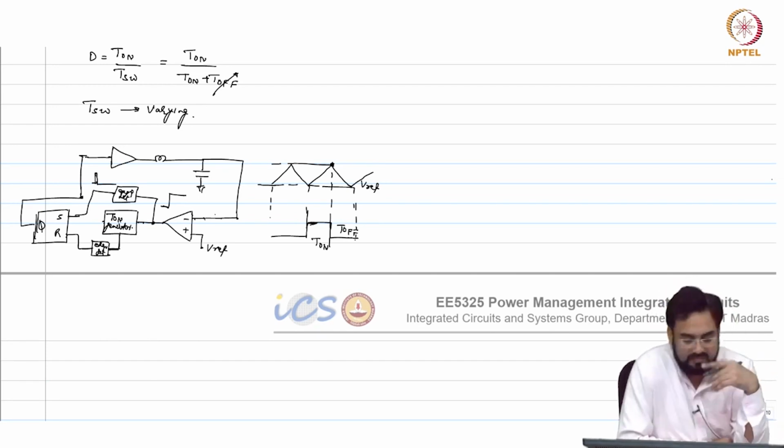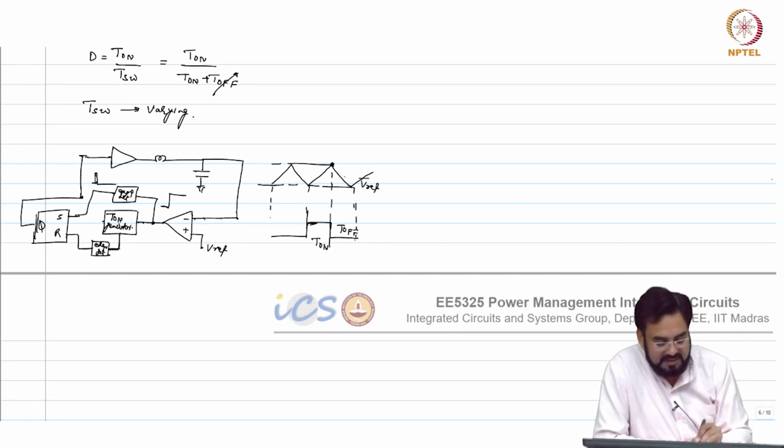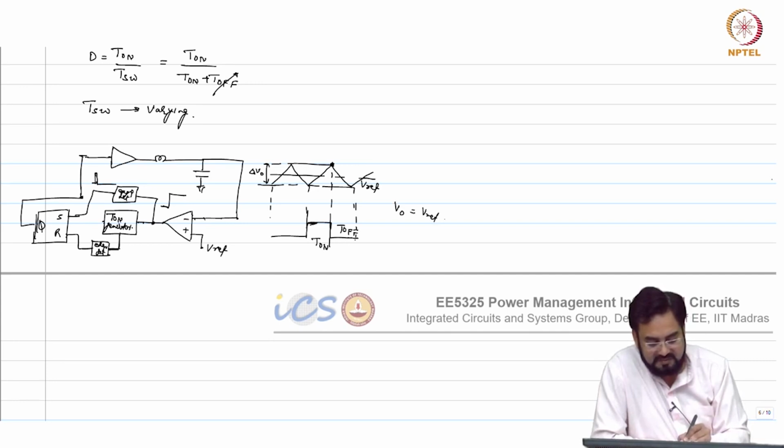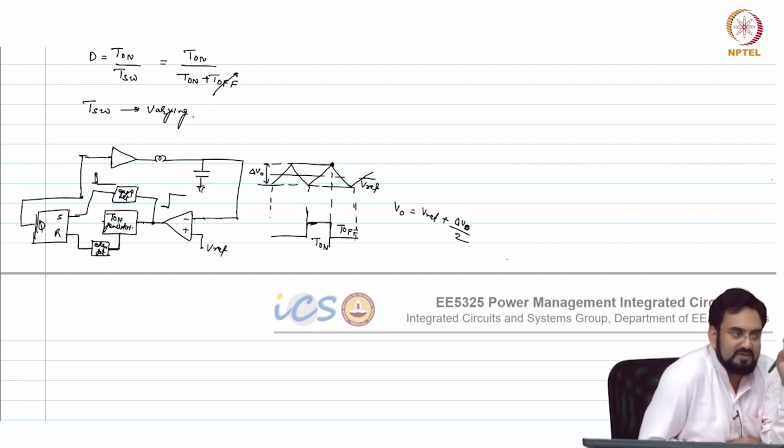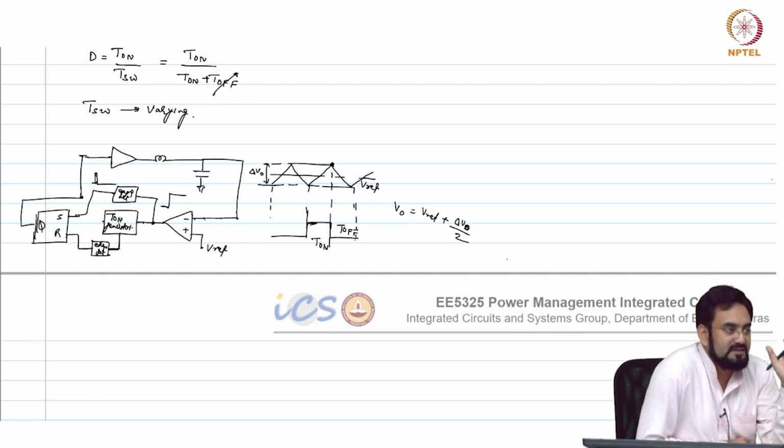At what value? Yeah, so whatever the ripple is, if this ripple is, let's say, delta V out, then V out equal to Vref plus delta V out by 2 roughly. Okay, so this is not regulated at Vref at all. So you will always get this much error in this. So how do we fix this error?